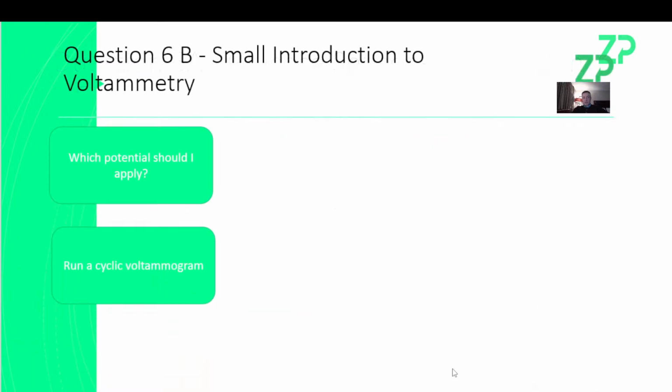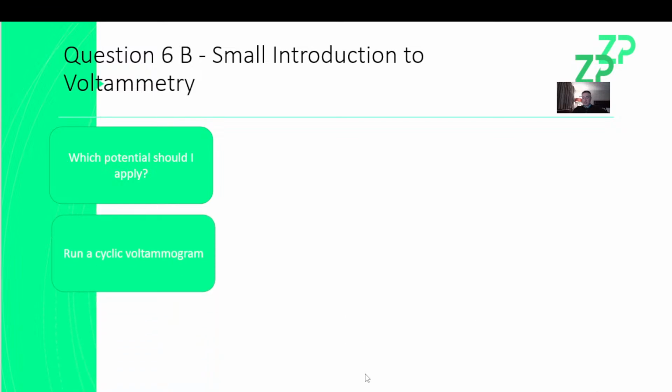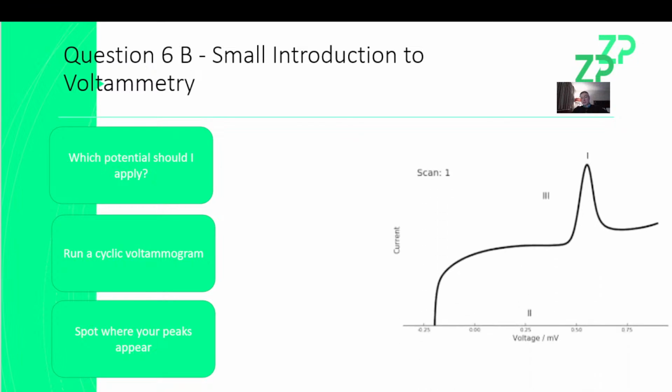Just a small introduction to voltammetry. The question is, which potential, or maybe I should say which bias, should I apply? Run a cyclic voltammogram, spot where your peaks appear. So this is a